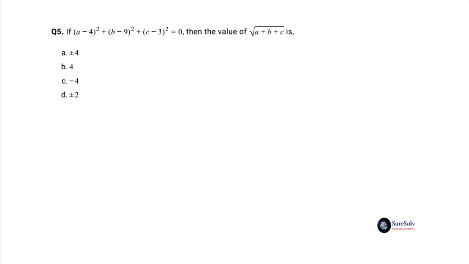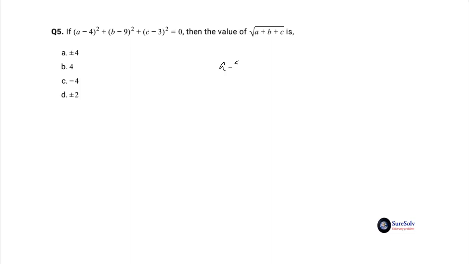The sum of the three square terms in the given expression to be 0 for real a, b, and c, each of the square terms individually must be 0. This is so because in square form, each of the terms will be positive so that the sum cannot be 0 unless each is 0. We call this the principle of zero sum of square terms.